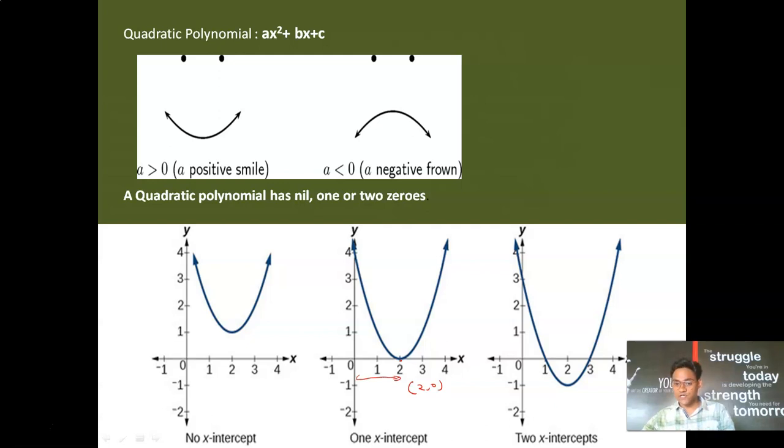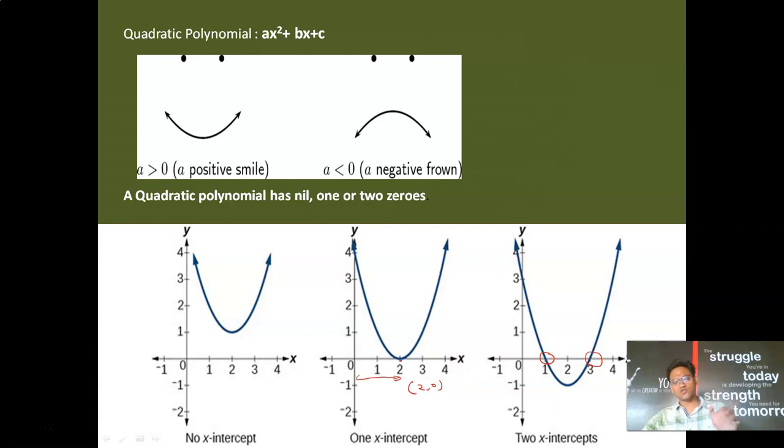You can see in this particular case the curve is intersecting with the x-axis twice, at x is equal to 1 and also at x is equal to 3. Because this is intersecting the x-axis 2 times, here we will say that there are 2 real zeros. One zero is x is equal to 1 and another zero is x is equal to 3.